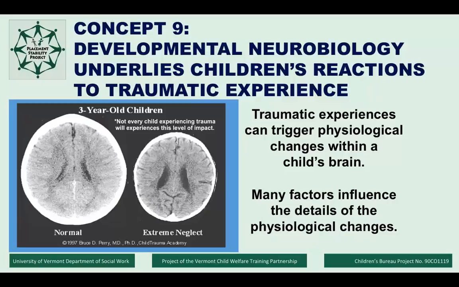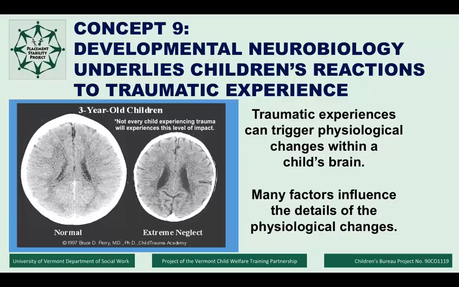When children's brains are continually in survival mode, the prefrontal cortex is impacted. This often leads to impairments in cognition, decision-making, and planning, which are the executive functions that the prefrontal cortex controls. This image shows how trauma can affect brain growth and development. The image of the prefrontal cortex on the right is from a 3-year-old who suffered from extreme neglect, and you can see that it is much smaller compared to normal.